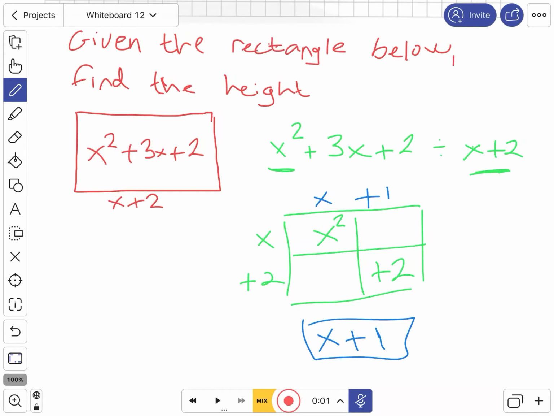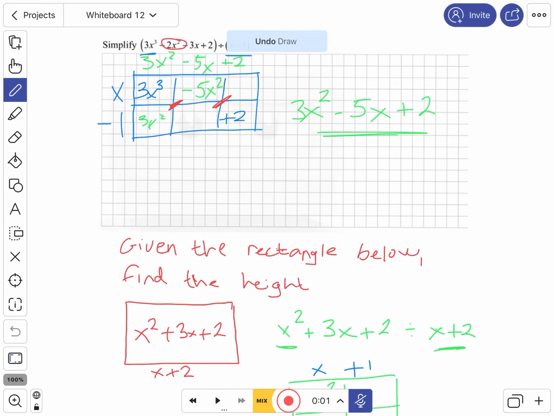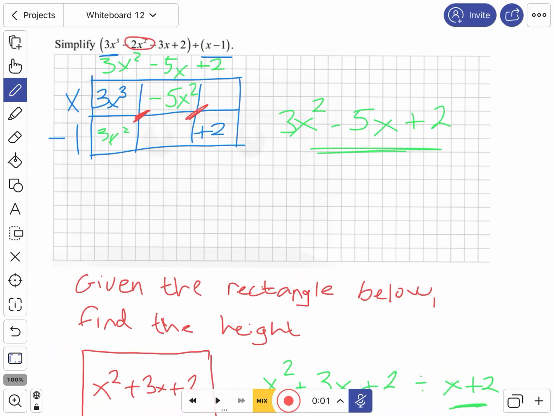So to go back through these again, you can either have something with an x squared divided by something with just x's in it, or what you can have is something like above, which is x cubed, and we're dividing again by x's. If we have an x cubed, I know I have to draw 3 boxes going across. That's 3 boxes going across because it's x cubed, and always 2 boxes going down. If I have an x squared, I draw 2 boxes going across and 2 boxes going down, so I have something that looks like that. Okay,